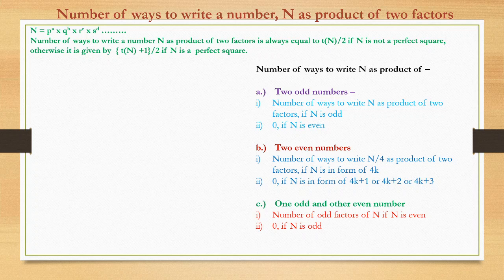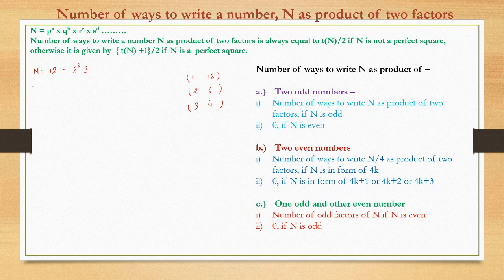So before moving ahead, I would like to have a quick recap of what we did in the previous session with respect to the concept on number of ways to write a number as a product of two factors. So say suppose for example, I take n is equal to 12. So 12 I can write as 2 square into 3, right? If we see manually, 12 I can write as either 1 into 12, 2 into 6, 3 into 4. These are the three pairs of factors which will give 12 as a product.